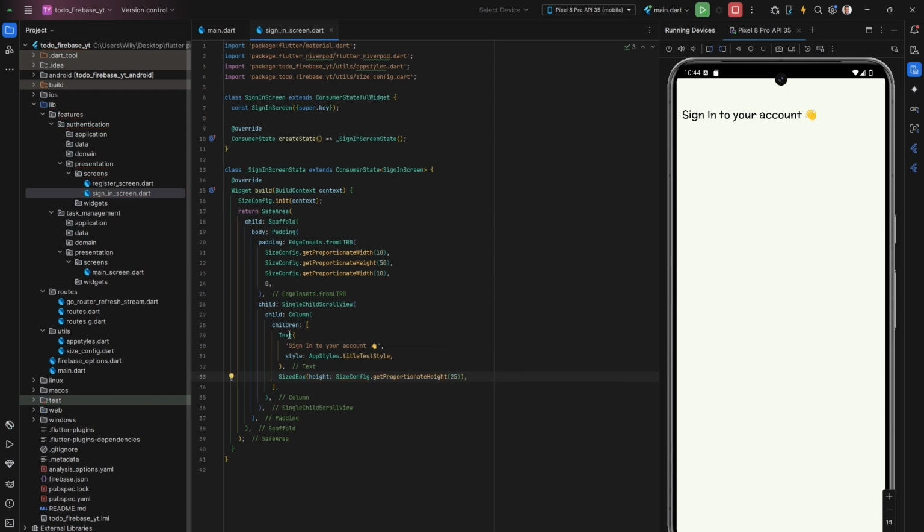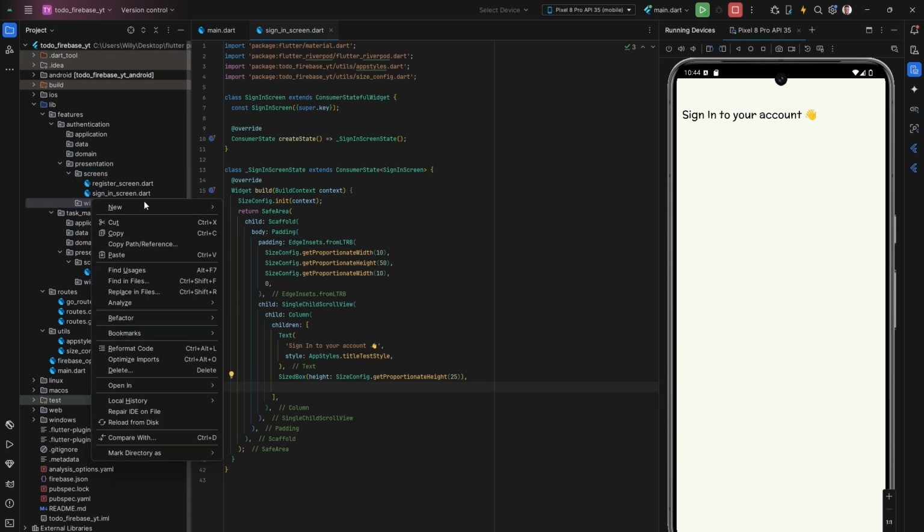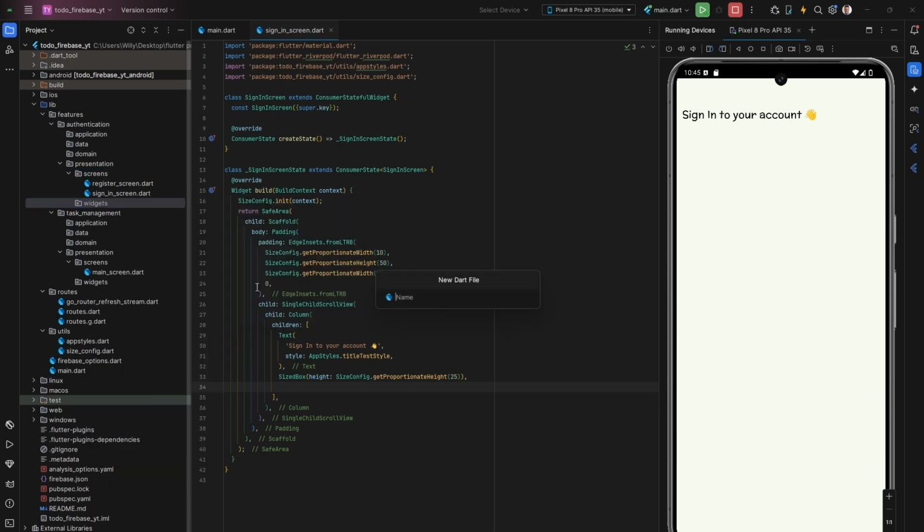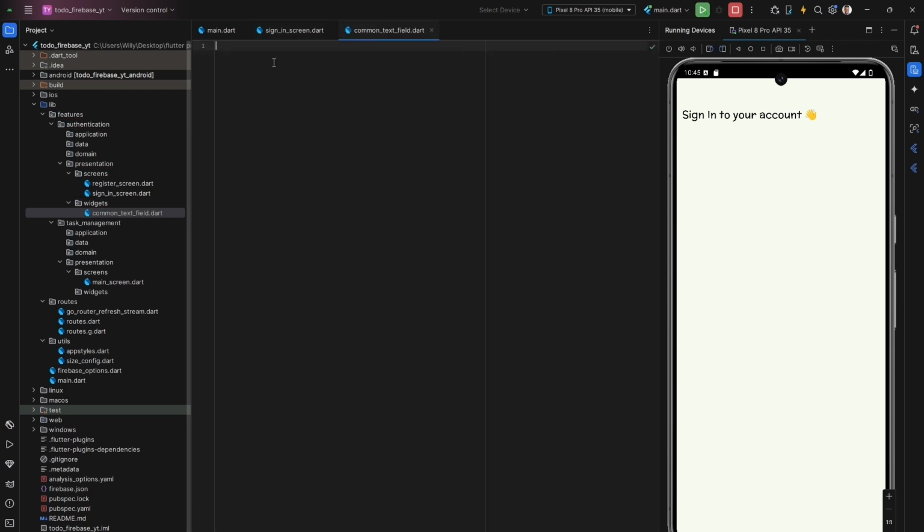So after that text, what we need to do now is to add the form field to input the email and also the password. So to do that, instead of adding all the code here, I'm going to go to the authentication folder, and then inside the presentation, inside this widgets folder, I'm going to create a new file which I'm going to call common text field, like that. This is going to be a stateless widget, so it's going to be a common text field. I'm going to import material dart to remove all those errors. Inside the build method, we are going to return a text form field,